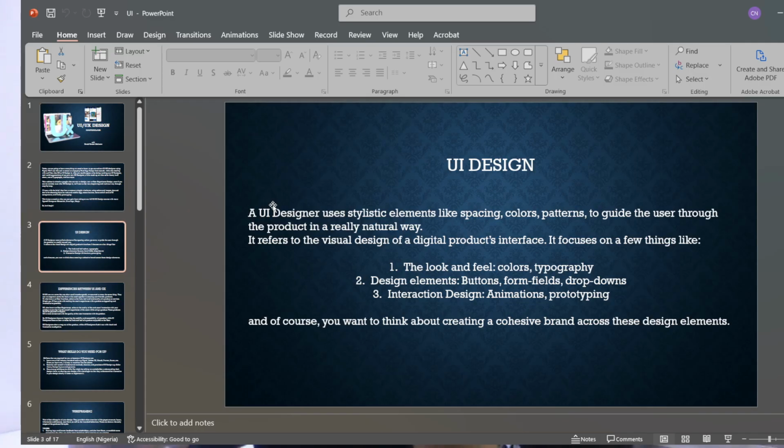The second thing is design elements. When we're talking about design elements, we're talking about things like buttons, form fields, drop downs, text fields, those little icons that we see on stuff, cards, and the rest. And then the next thing is interaction design, that is animations and prototyping. To make a design very nice, you add a little animation to it so that it doesn't look stale. Then prototyping is the fact that I can click on a button and it takes me somewhere. Okay, so